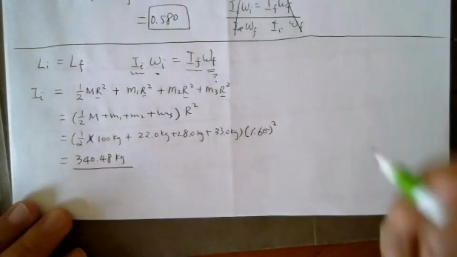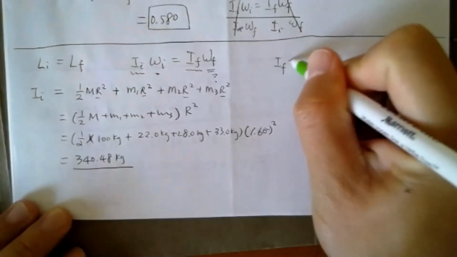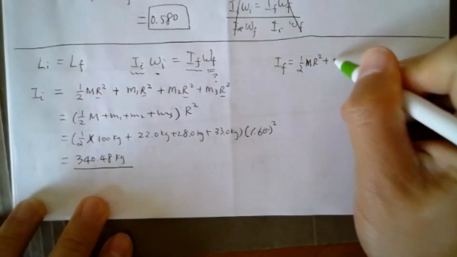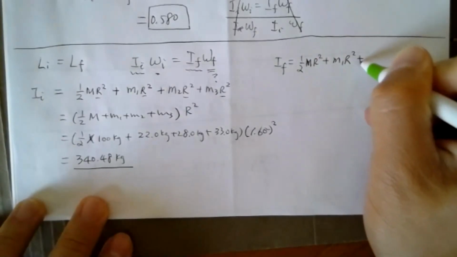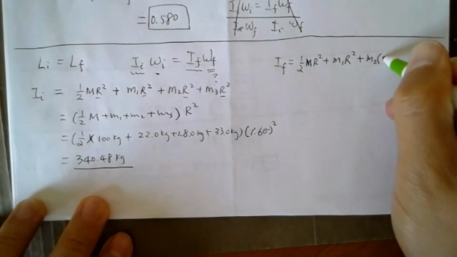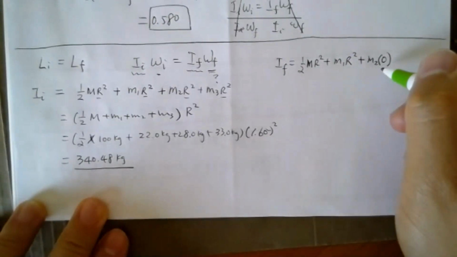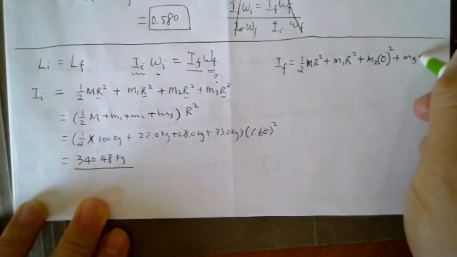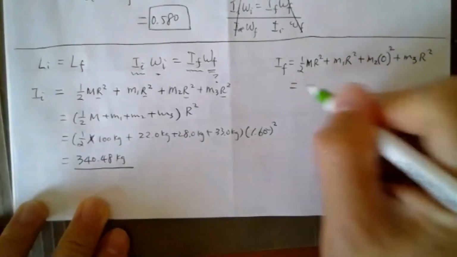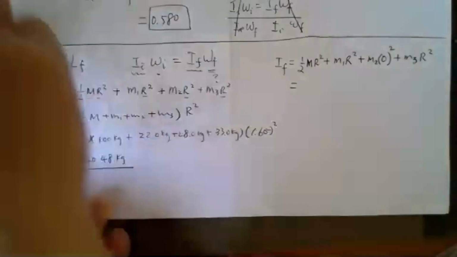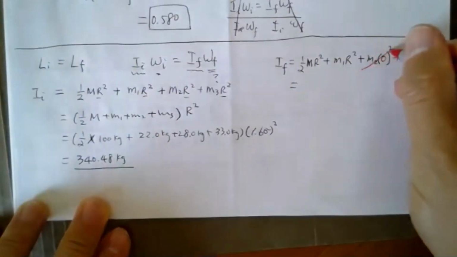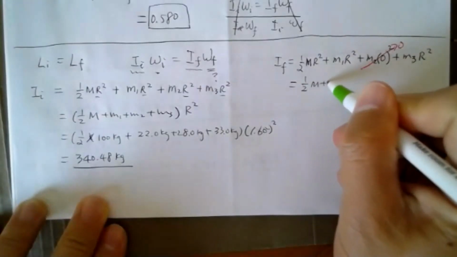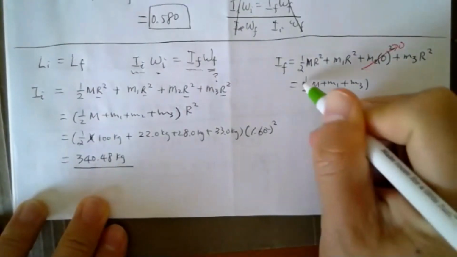For I final, you're going to do the same here. So 1/2 capital M R square plus M1 R square plus M2 R square. This child moves to the center of the merry-go-round, so that means the radius for this child is 0. Plus M3 R square. So it's similar to here, but the second child has moment of inertia equal to 0. So it's going to be 1/2 capital M plus M1 and then just plus M3,